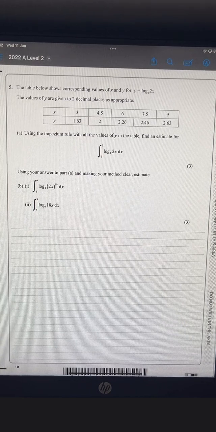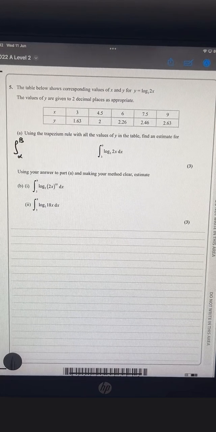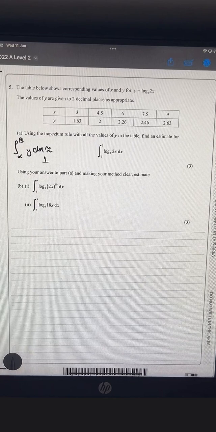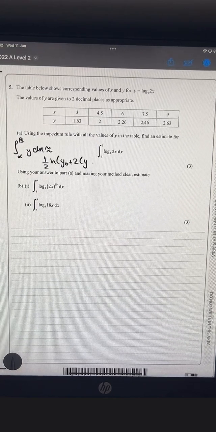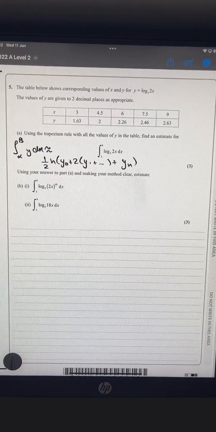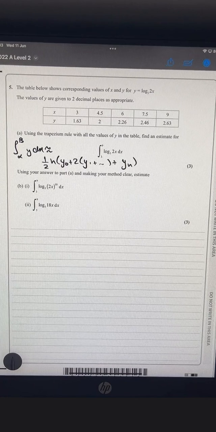So the formula for reference, which is in your book, is the integral from alpha to beta of y dx is roughly equal to a half h, y0 plus 2 lots of y1 plus all the way up, and then you have 1 lot of yn. That's basically just adding a bunch of these trapeziums together, but a shortcut method, right? So part A,